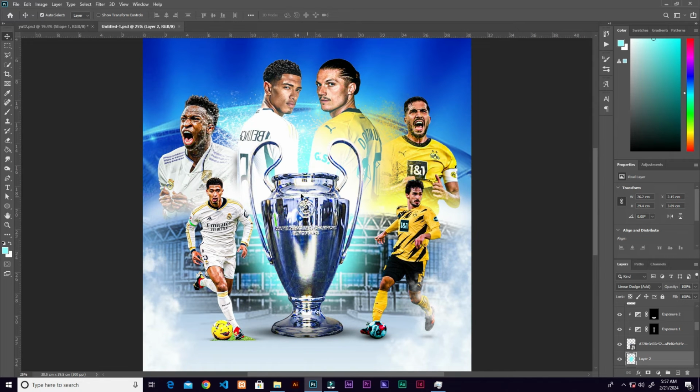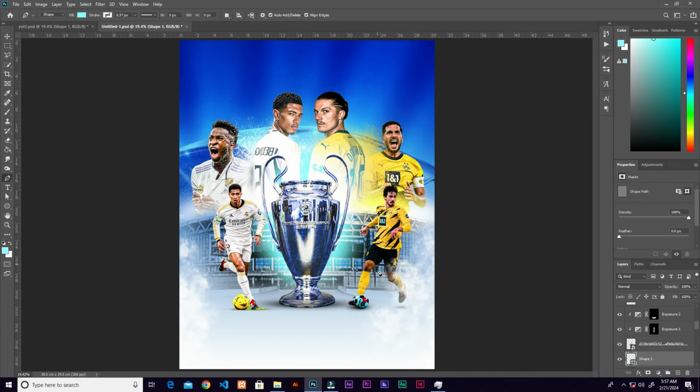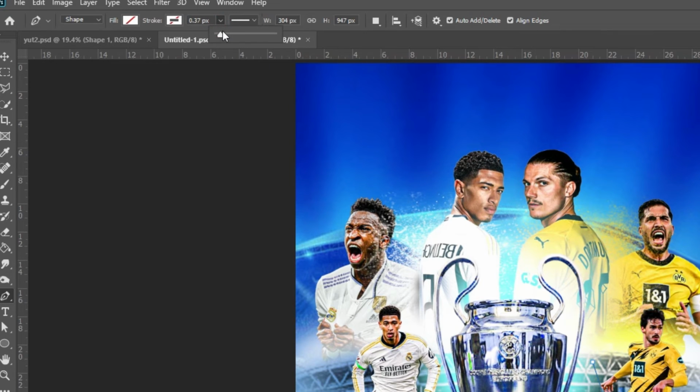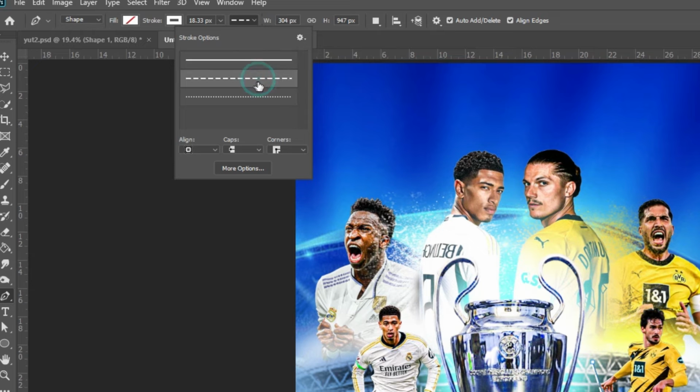So in moving on, let's go ahead and grab the pen tool. You can press P on the keyboard or locate it right here. Now with the pen tool, we are going to make a straight line. So click and come and click here. Now on the control panel, you can take away the fill by clicking this guy and then increase the size of the stroke from here. Then we pick white for the stroke. Now click this guy and then choose the second one, which is the dashed lines, so that the effect will